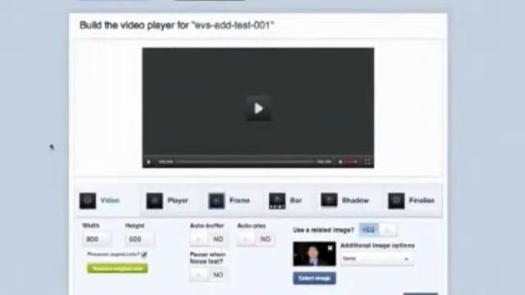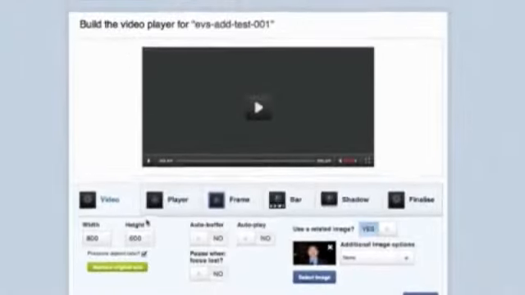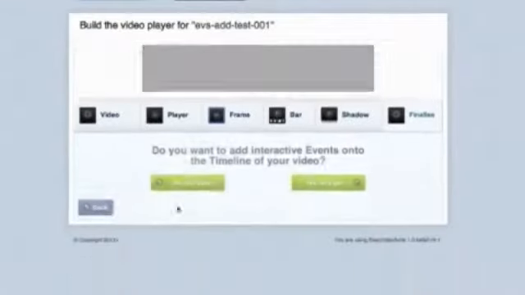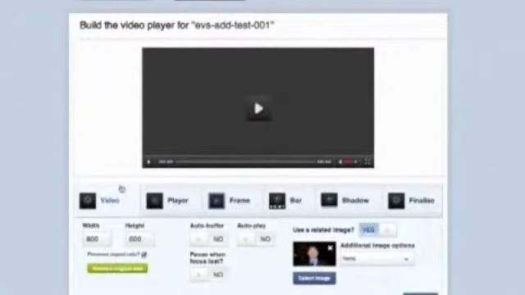And this is what it looks like inside of the settings of Easy Video Suite. This one is basically a step-by-step, instead of the previous Easy Video Player where you log in and you just see a long page of settings and you just scroll down forever going through all the settings. Now it's just a step-by-step process where you can pick the settings that you want and go from there. So the first thing you have is your width and your height, and automatically when you upload a video